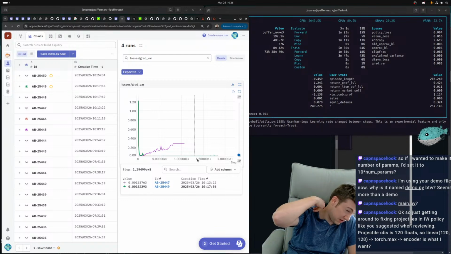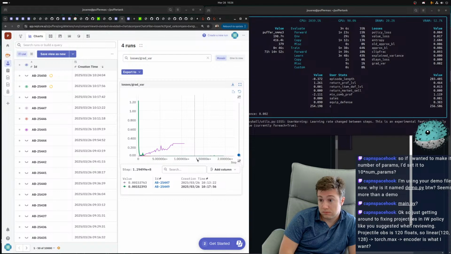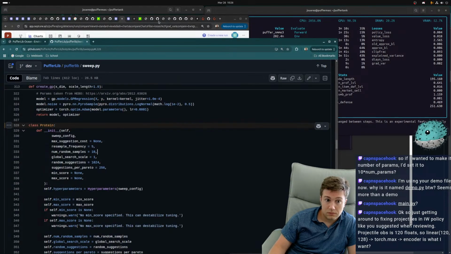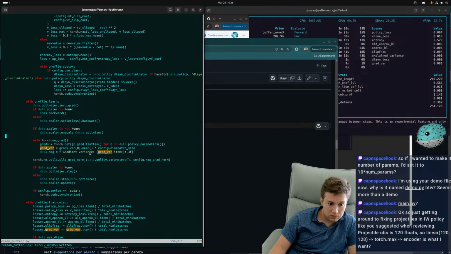I think it is increasing, but the scale is very low. Oh wait, unless, did I do this wrong? Times mini batch size. Yeah, this is correct. It should be times mini batch size.